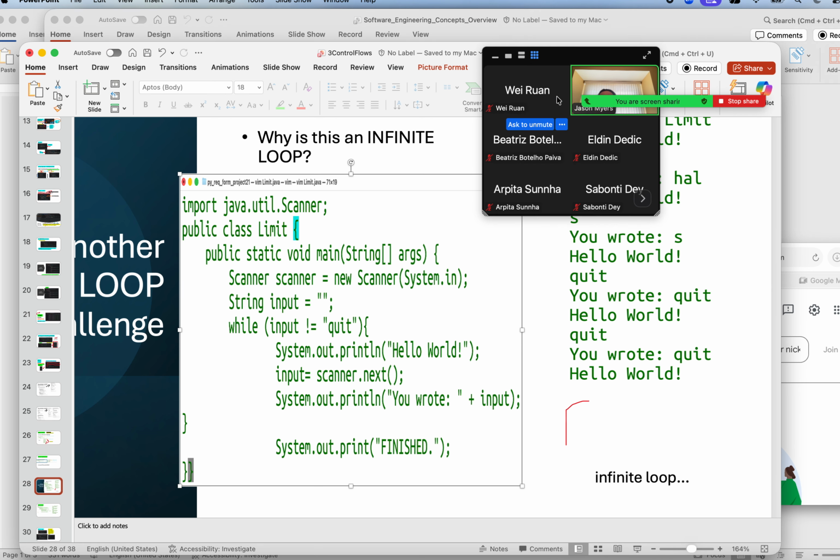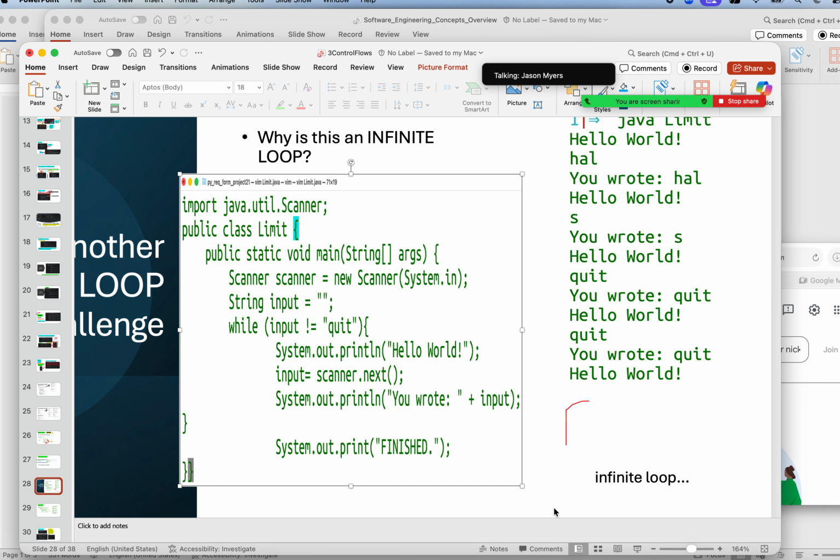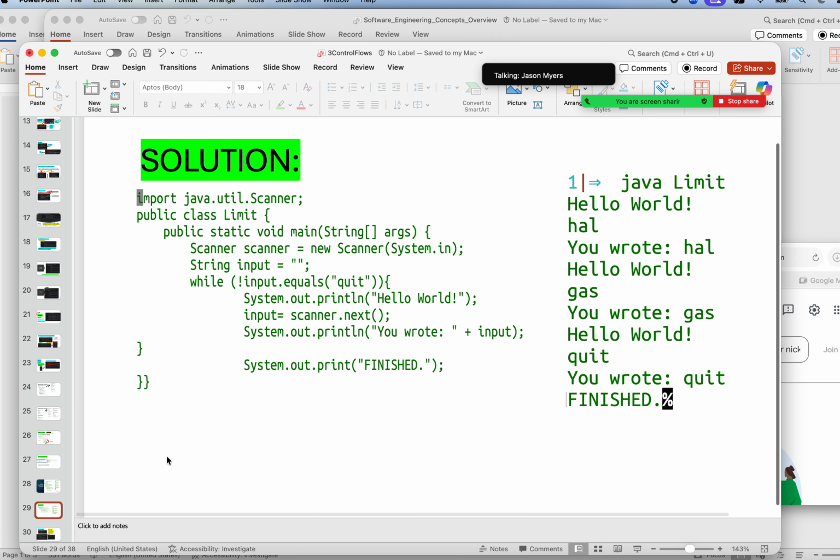All right. So that's correct. We cannot compare strings meaningfully. Does everyone know why? Because it's going to show the memory location. So it's comparing the memory location of input to quit. Absolutely. So the solution is to